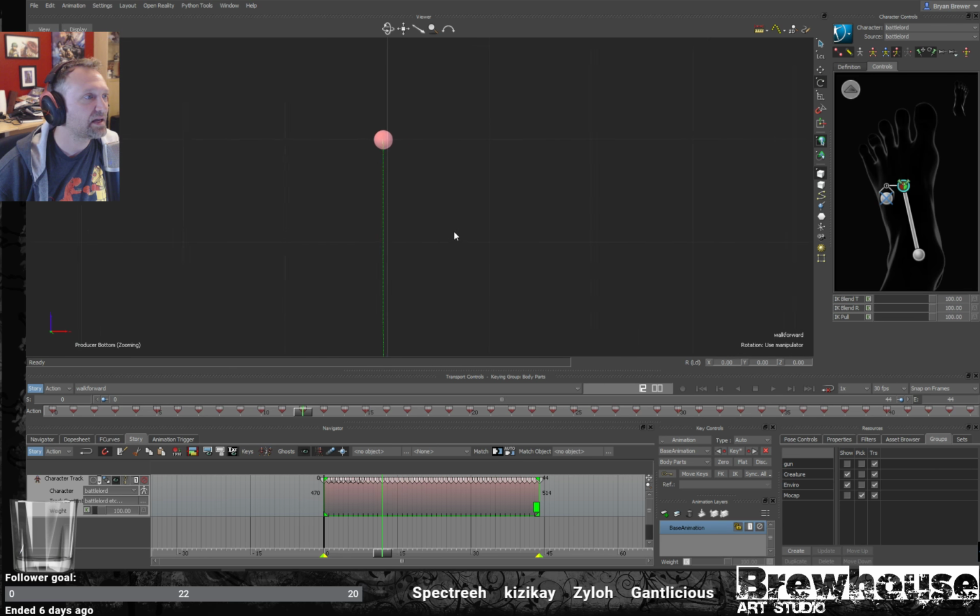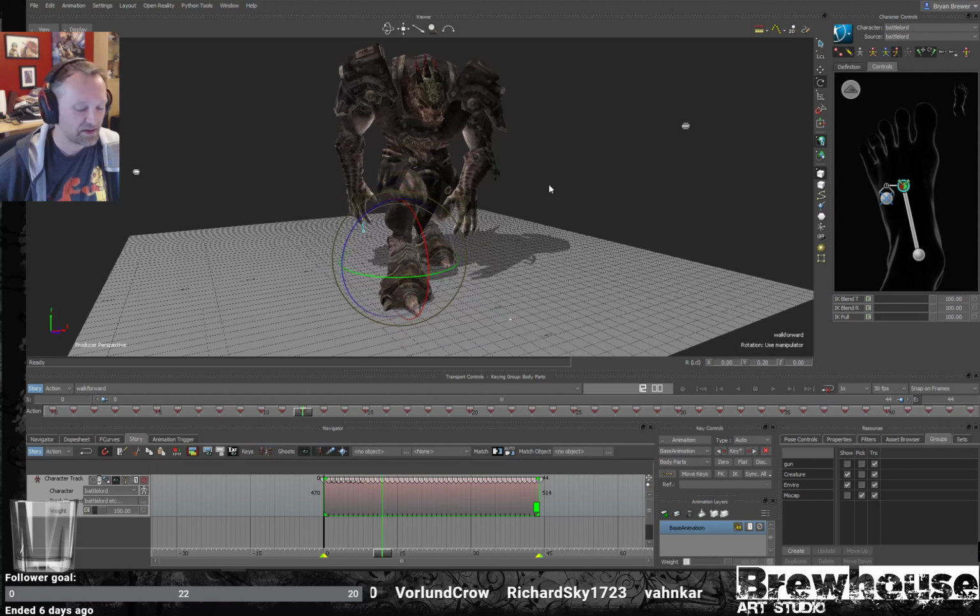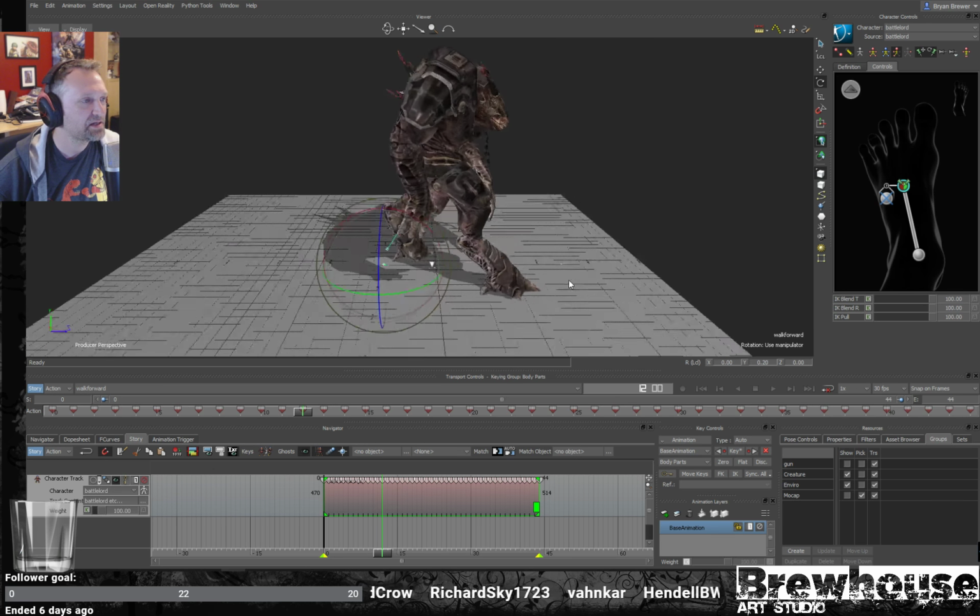So I'm going to try to eyeball this the best I can, since they broke that feature. And you can see he's slightly off because I'm unable to numerically type in a 0 value. I'm just going to try to get him as close as I possibly can. Okay, well, we'll say that's good. All right, so once he is right where you want him,